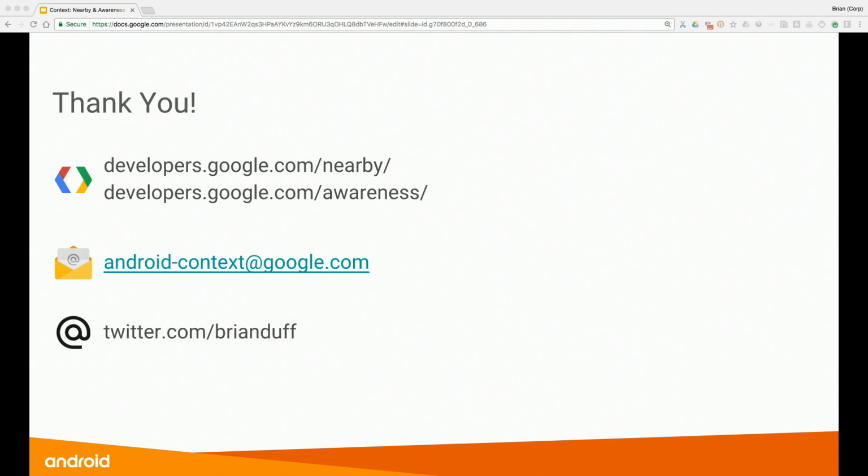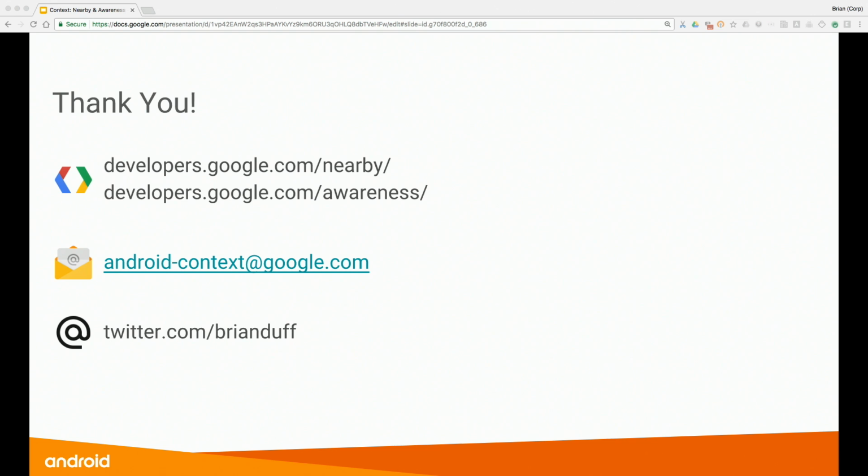How much feature parity is there with iOS for this stuff? The iOS Nearby Messages API has almost complete parity with the core mechanisms of Nearby Messages. The beacon stuff and background support is really challenging in iOS in general, so there is support for background, but it's a little more limited than the Android support. Generally, it's really important to us to keep as much parity as we can, so with Nearby Messages particularly, we try to keep that.